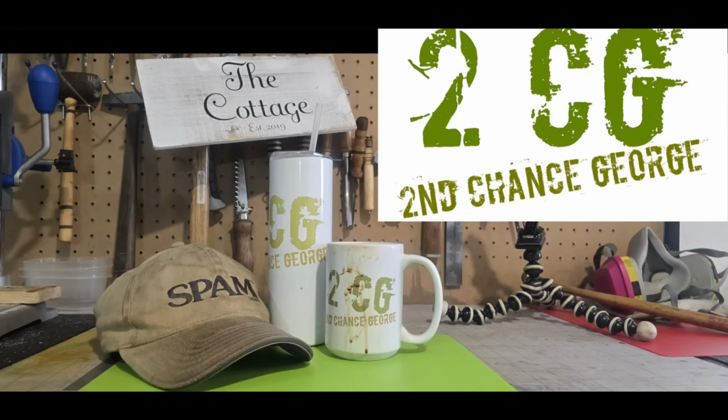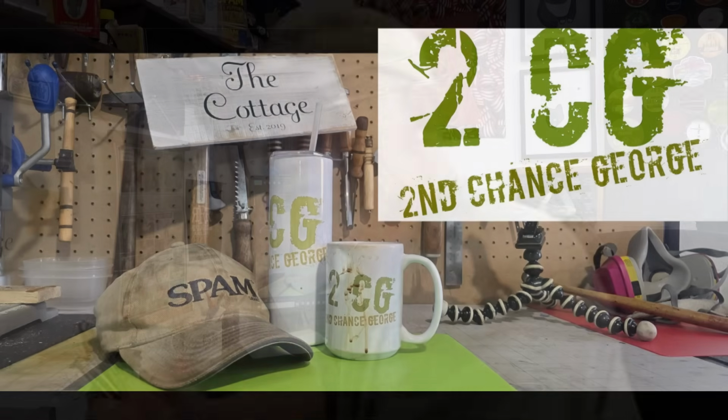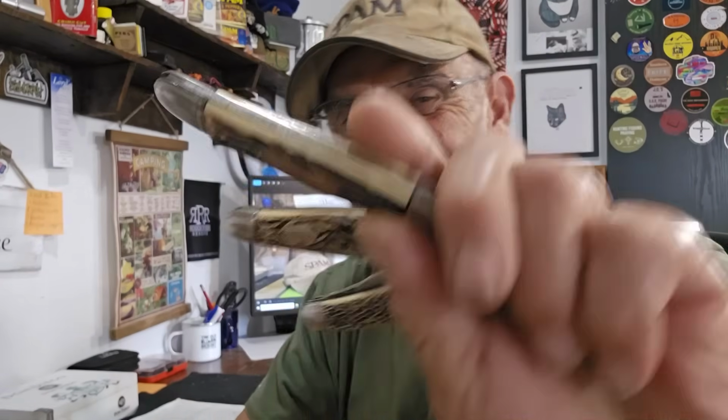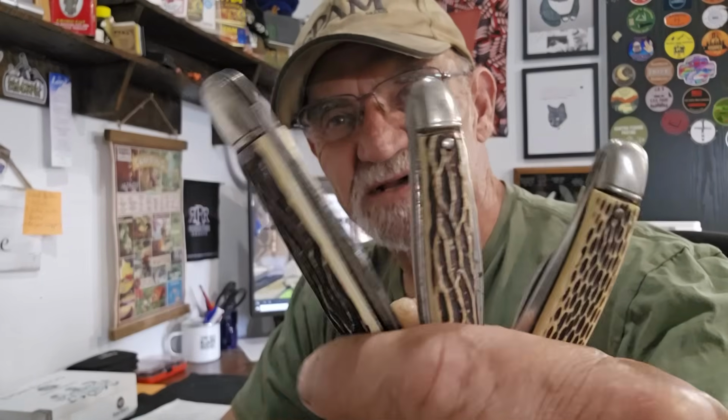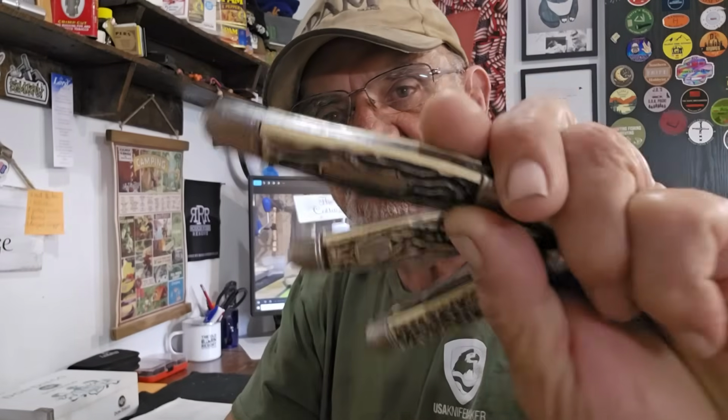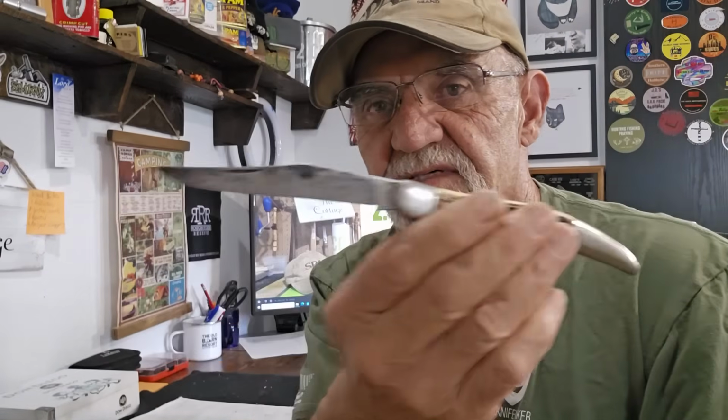These three, made in the USA. They need some living. Let's check them out. So these are the three knives. And you can see they all kinda have something in common, and that's the handle style, right? Well, there's something else they have in common. Let me show you. We got this guy, yep,